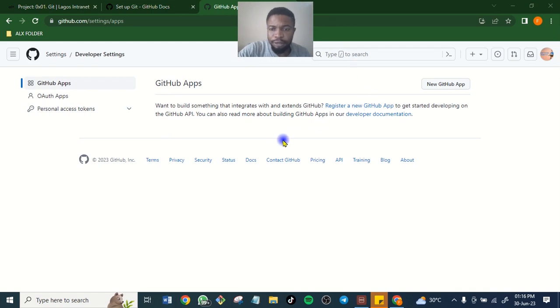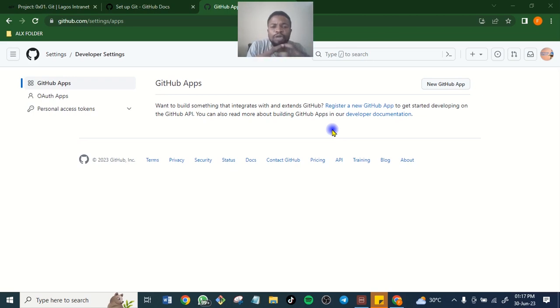Now that you are here, you want to create a what? A token. What is the function of token? The token is the one that at the end of every git push. What is git push? After you make a commit, you write a commit, then you now want to do a git push. You want to git push on whatsoever you have done. Git commit is the project you are doing.